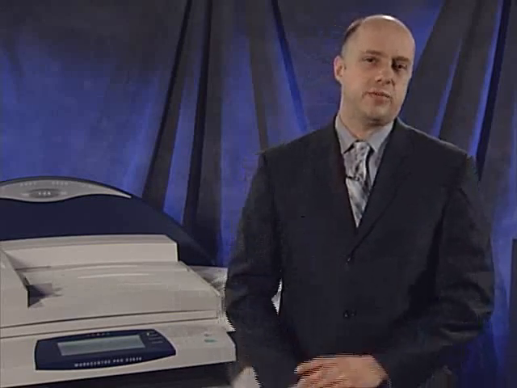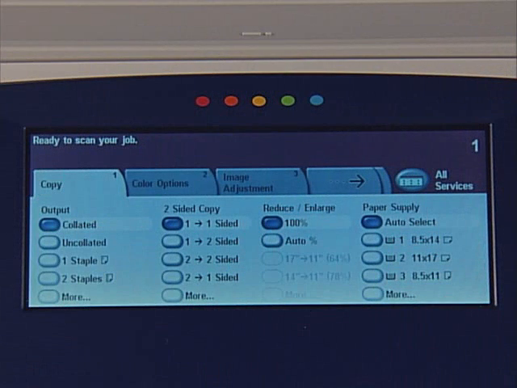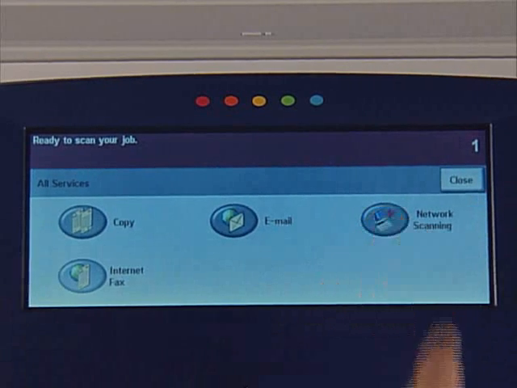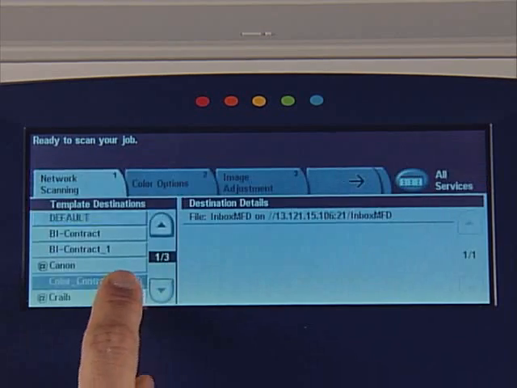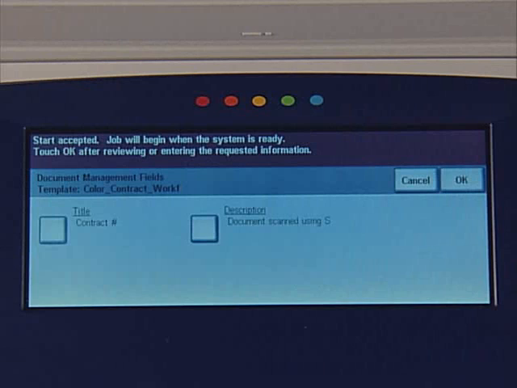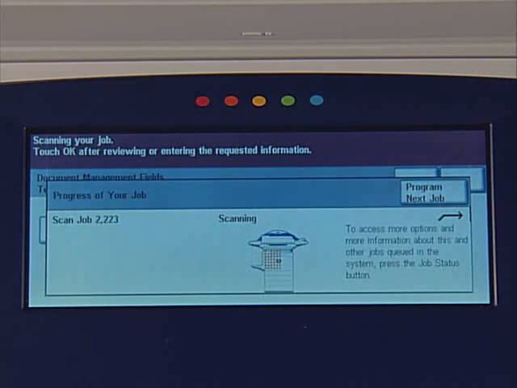Well, let's see how we can do with SmartSend. I start by simply placing the contract into the Work Center. Next, you select the All Services button, then the Network Scanning button, and you select the contract's workflow. Then simply press the green button. SmartSend routes the contract to my Contracts folder in DocuShare and sends a link to the contract via email to